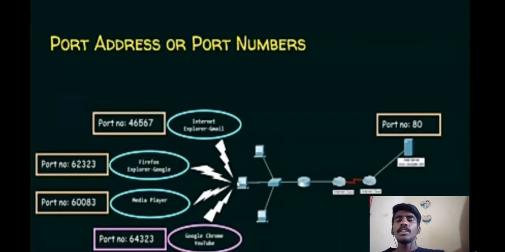Here you can see, this person is using YouTube and wants to access a video from YouTube. For the video that he requested, there are 4 processes going on. You could find different port numbers there, so that YouTube sends this video to the correct process.